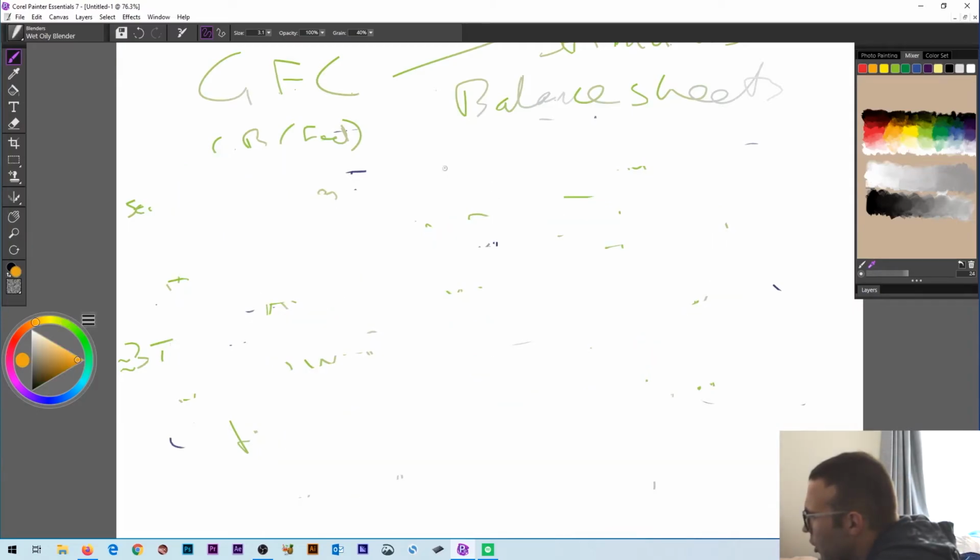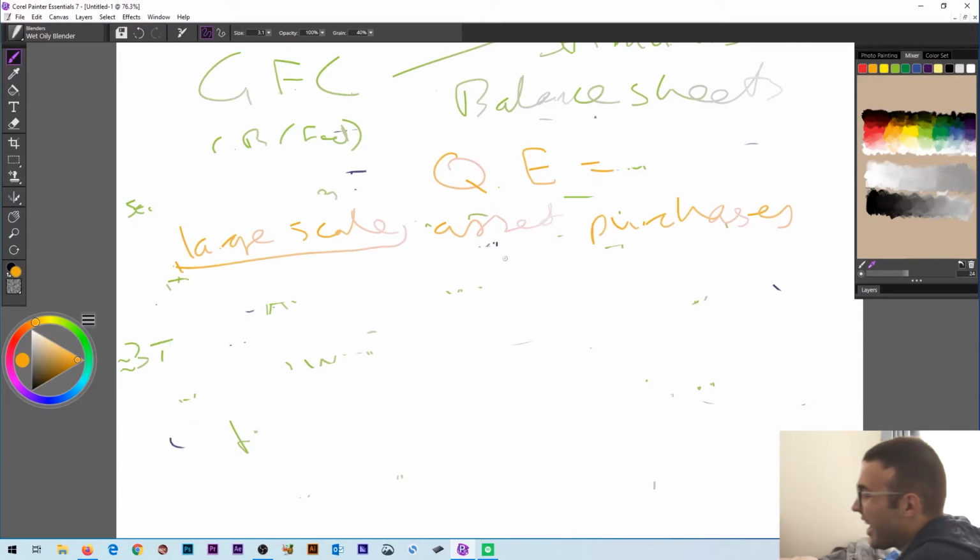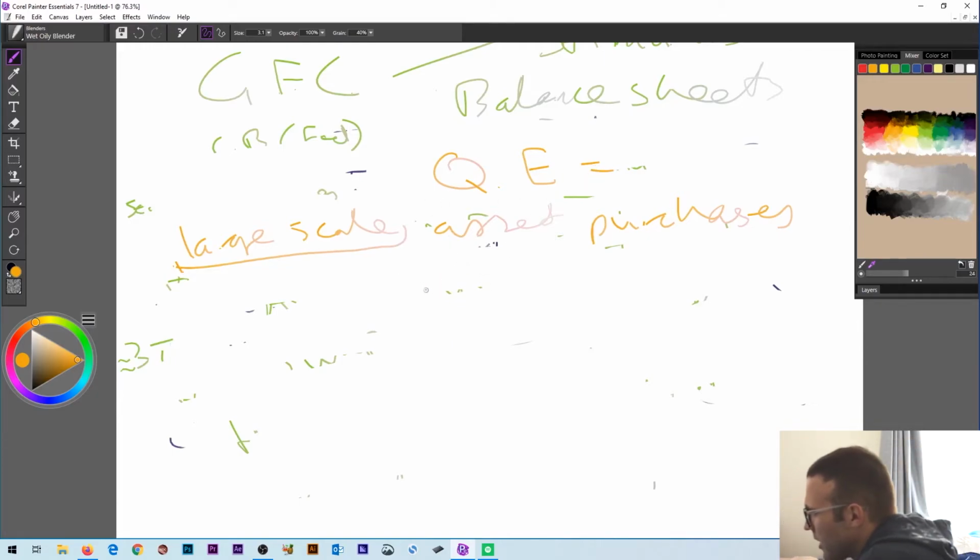So the point of what people call quantitative easing is that it also equals large scale asset purchases. So it implies that the central bank normally makes asset purchases and it sells and purchases assets, but this is on a large scale. That's the main difference between QE and normal operations, and that's why it wasn't inflationary. It was just doing things it normally does, but it does it on a larger scale. It was not a net increase of assets into the economy.